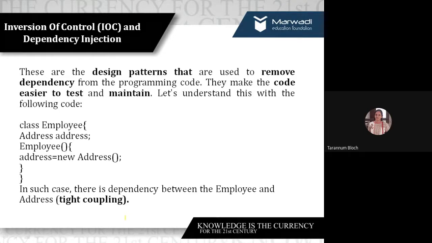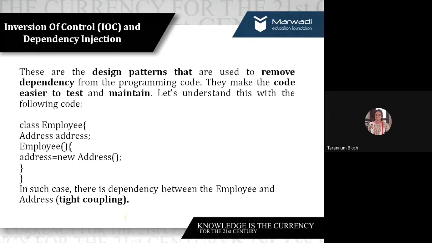Now when I write this code, you think about the dependency. Suppose object creation of Employee fails. Are you getting the point? Instantiation. In the very early sessions of the AJP course, I explained three terms. Class: I said it holds the data members and methods related to it. Object: I said it's a variable of class type. And instance: when the object has a value, we call it an instance. So giving a value to the object is called instantiation.